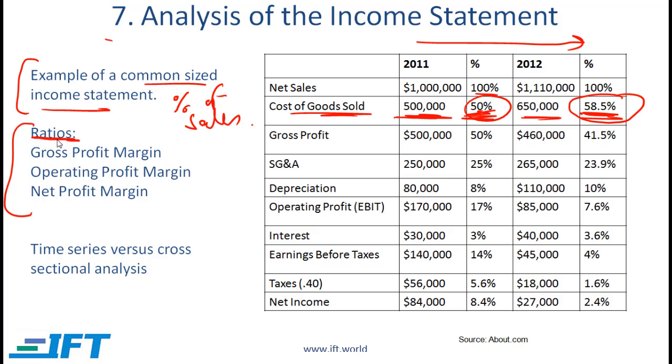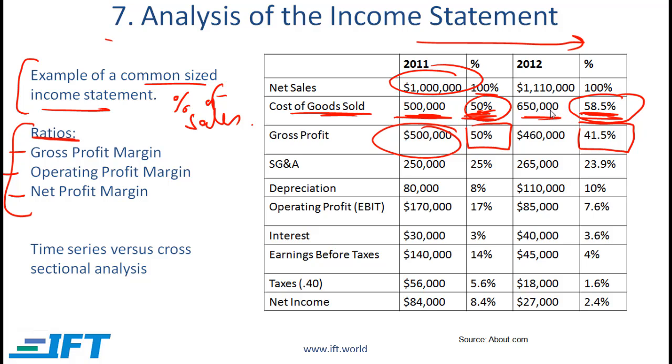Some of the most important ratios that you can extract from the income statement are gross profit margin, operating profit margin, and net profit margin. Gross profit margin is equal to the gross profit divided by sales. And notice that that number is also given in the common sized income statement. Gross profit divided by sales is 50% over here. Gross profit divided by sales for 2012 is 41.5. So it looks like the gross profit is going down, which makes sense given that the cost of goods sold